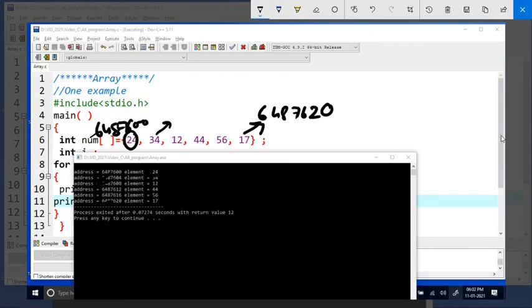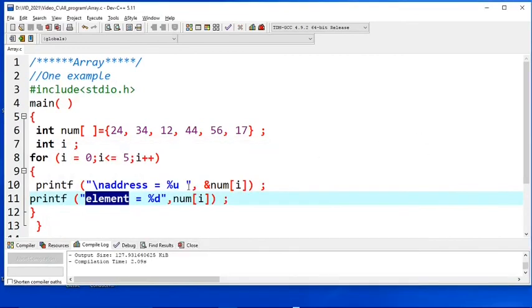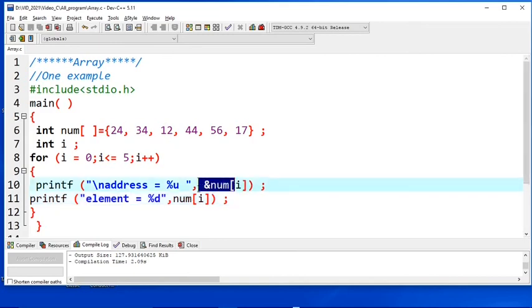Okay, this is how it prints each address, and then the corresponding value. So this is how you understand the address of each element of the array and the value of it. Each value can be printed like this, and the address of each element can be printed like this.